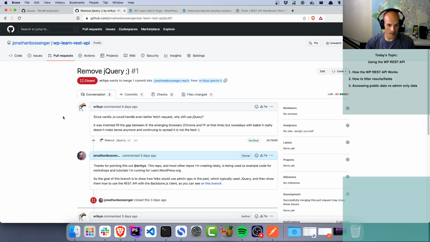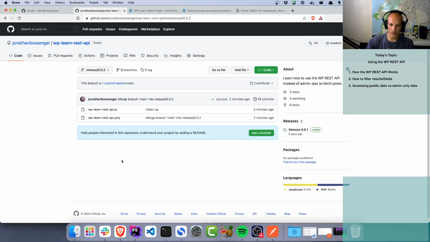And I do agree with Eric. If you're thinking about using jQuery in your plugins, please consider other methods because you don't need to use jQuery anymore. It's still useful. I like using jQuery for prototyping things quickly. If I just want to quickly do something, but I tend to prefer to use vanilla JavaScript